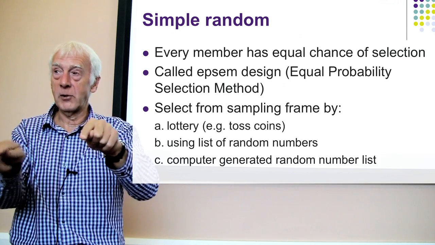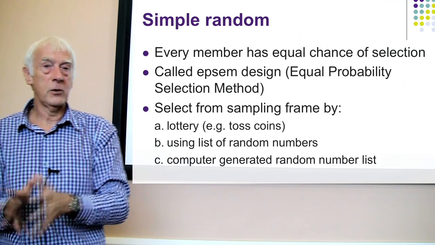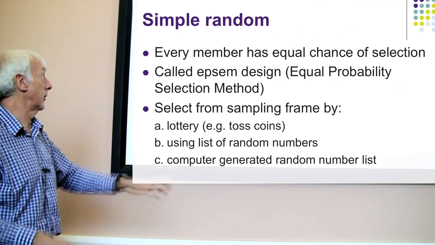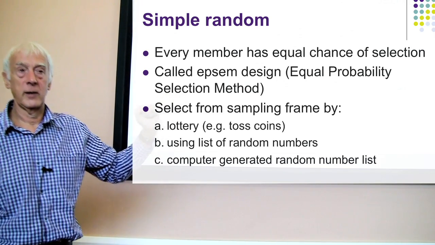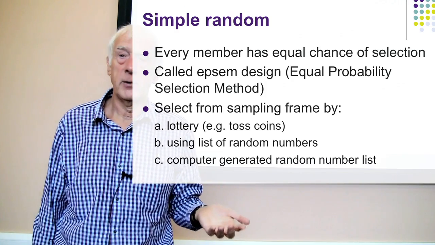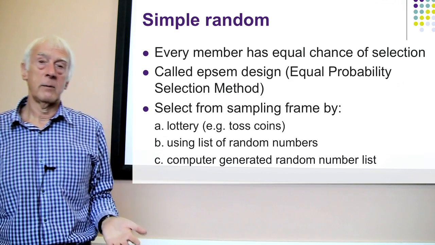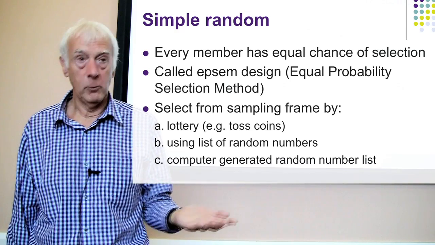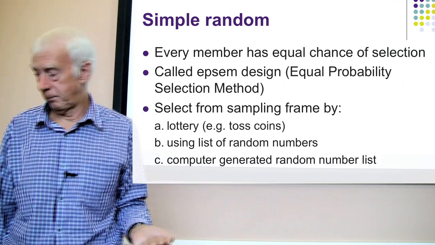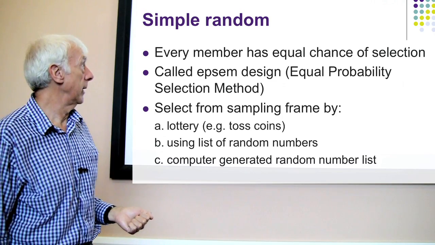And then you just read off the numbers to get the numbers you need. These days, of course, it's usually computer generated. Excel, for example, has a reasonably good function inside it to generate random numbers if you need them. And that works pretty well. It's pretty instantaneous as well. So that's the main way people do it these days.